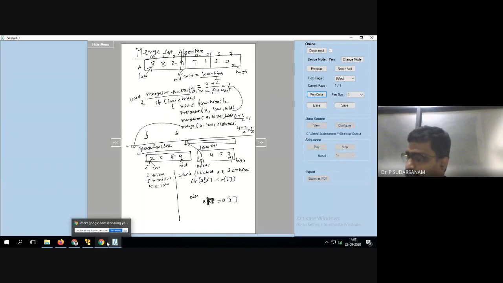Now you have to increment: the k value also has to be incremented and the j value also has to be incremented. That means k plus plus and j plus plus.